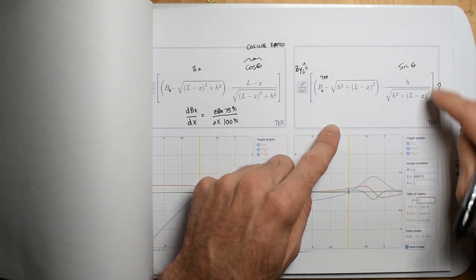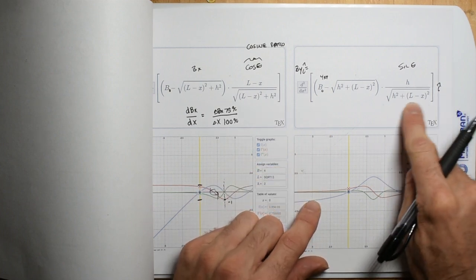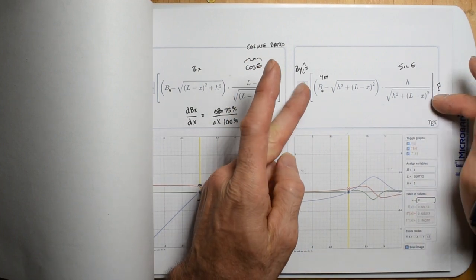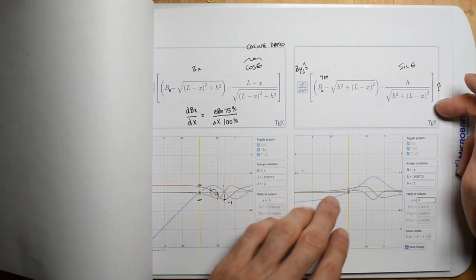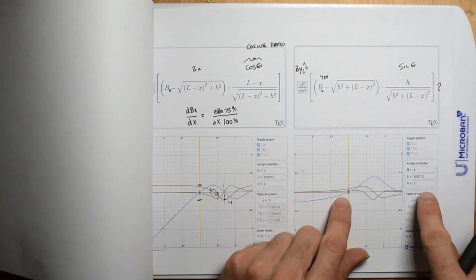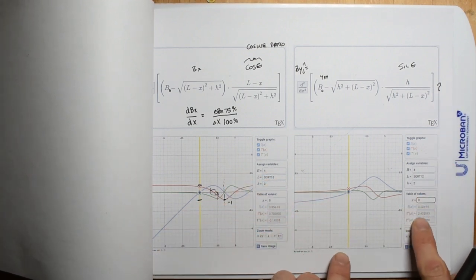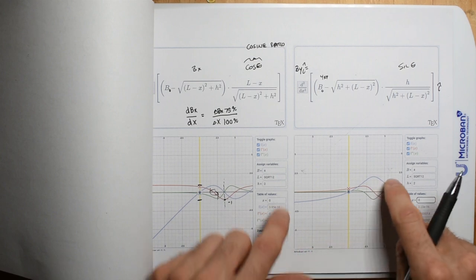That's going to be h divided by that hypotenuse again. So there you go, that's using all letters, and it's pretty cool. So what this showed was that right at the initial